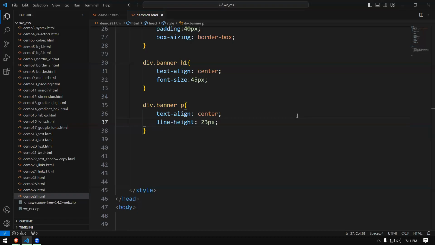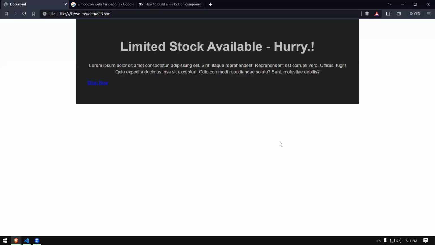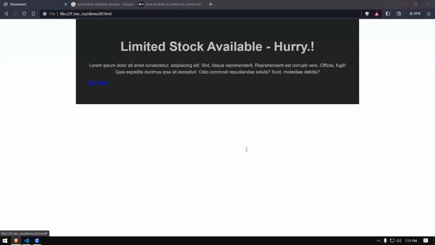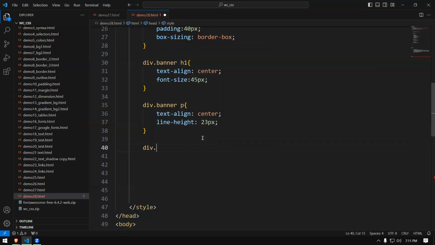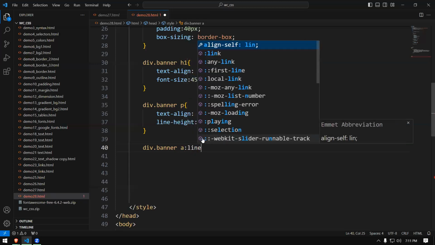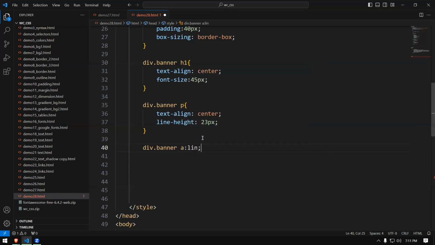Right. The next one is going to be my link. So I'm going to take it that center and I'm going to do a lot of things. But first of all, I'm going to make this one look like a button. That is not looking like a button because it's a link. So let's see how we can do that. Div dot banner, a link if it is there, and if this is the link, these are pseudo classes, right? Link. And if you have already clicked on the link and if you have visited the link,